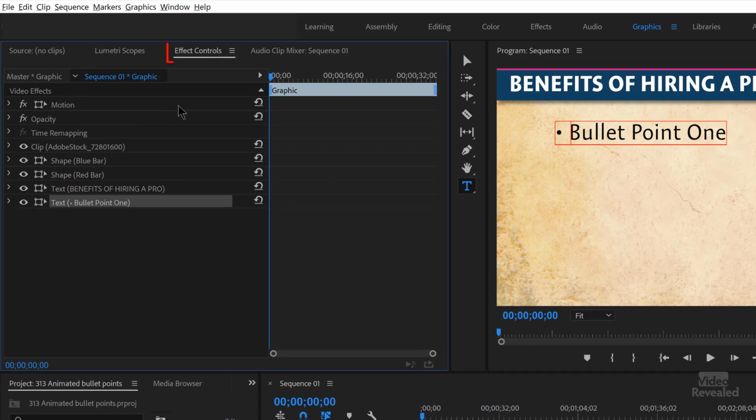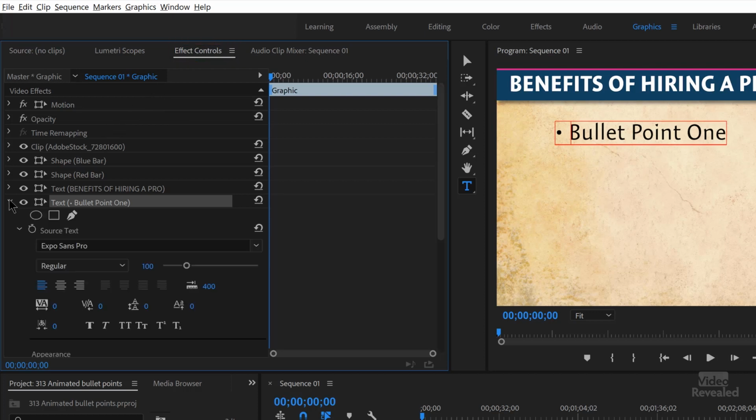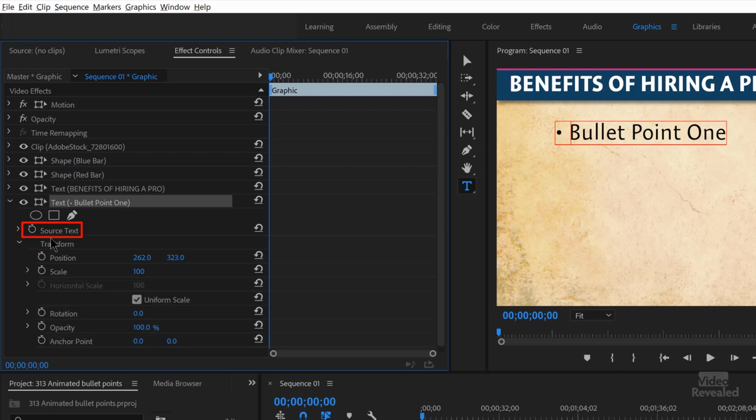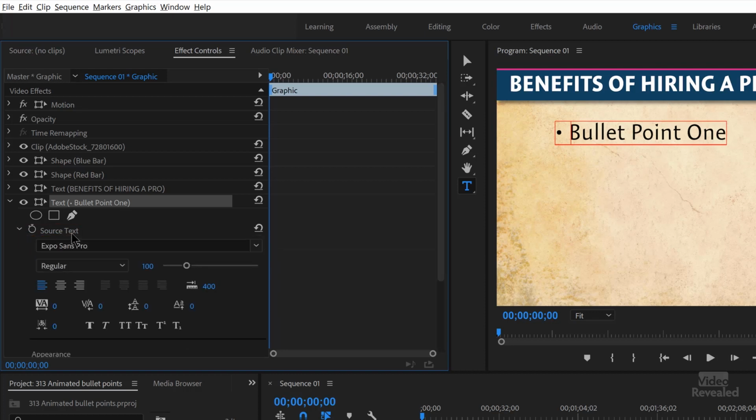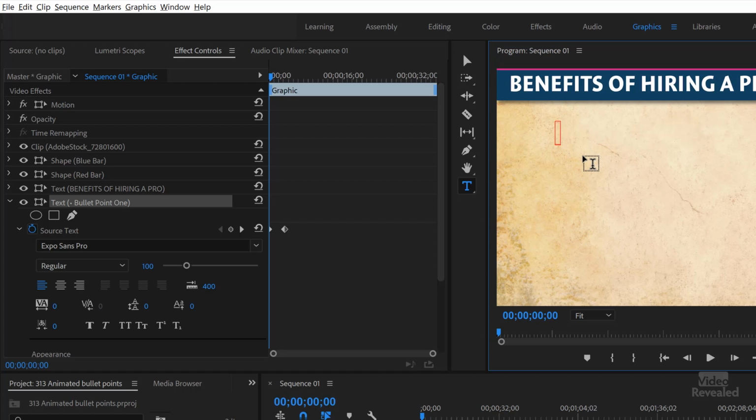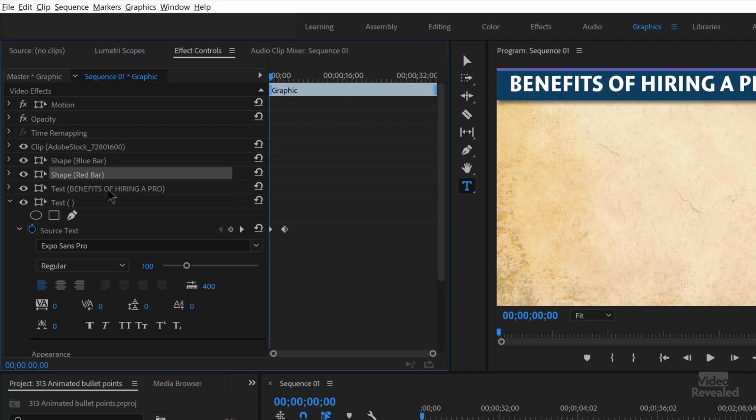If you look in the Effects Controls panel and twirl down the text, you'll see source text. So we don't need transform, but if you open up source text, you'll see a stopwatch. If we move ahead to where we want that text to show up and click, you've now added that keyframe. If we move back, it's still there, so we need to put something in its place. And what I'll do is I'll select all the text and just tap the space bar so we have nothing in there. So now when we deselect this text and play,